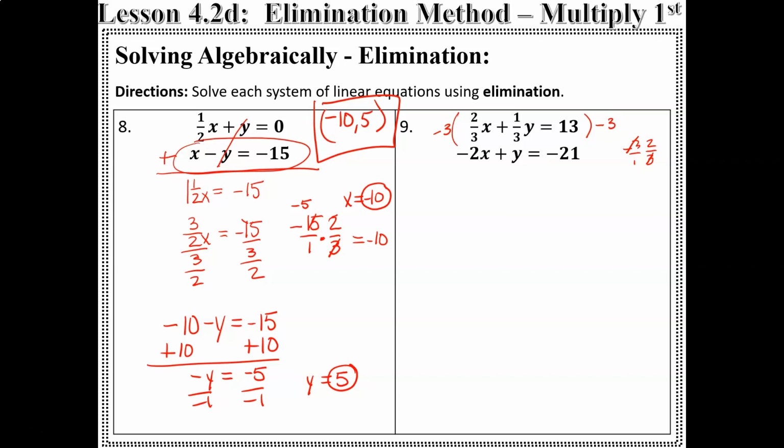I end up with -2x, and then 1/3 times -3/1 is -1. So minus y equals -33. So I'm going to copy this down. -2x plus y equals -21. I'm going to cancel the y's. So I have -4x. -4x equals -54. So -54